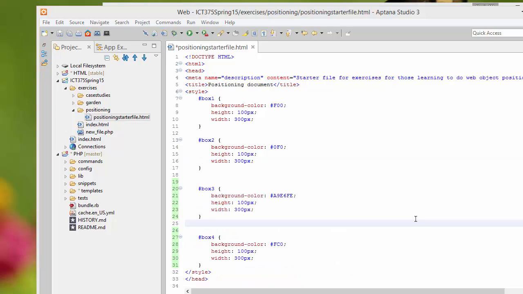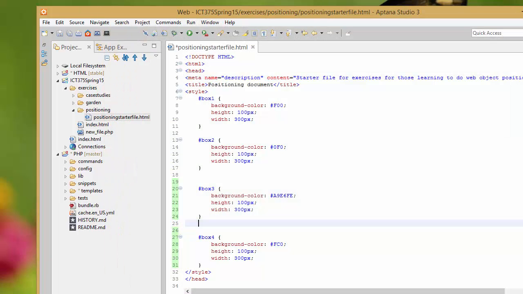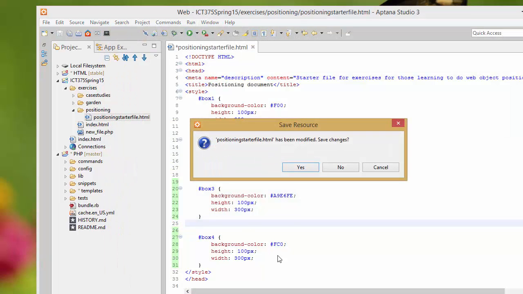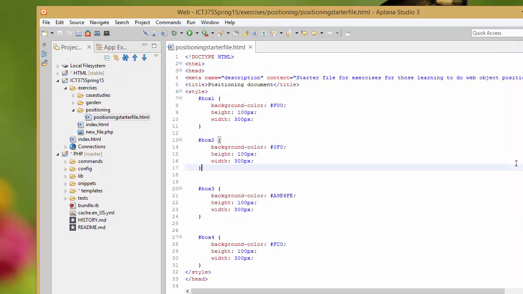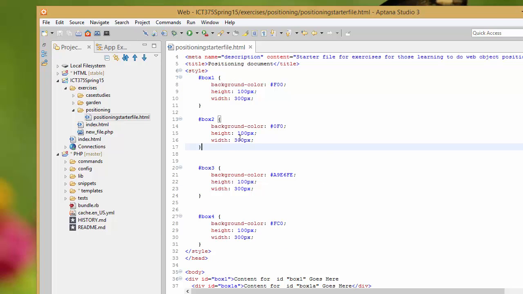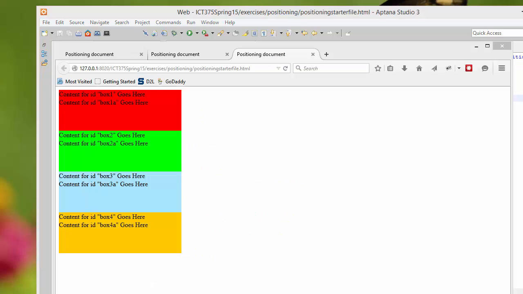Then go ahead and save those, and let's take a look at it. So there's our 4 boxes. So that's really all you have to do. We don't have the widget that allows us to just pick from colors and fill it in, but we can do all of that with the coding as long as we know how to write the coding, and that gets us ready to do the rest. So now the next step is just to start playing with some of the positioning, and I'm going